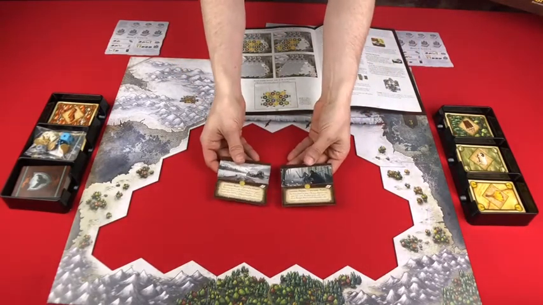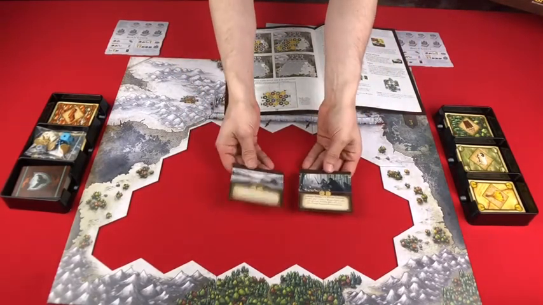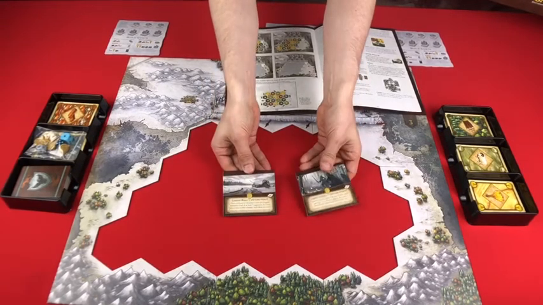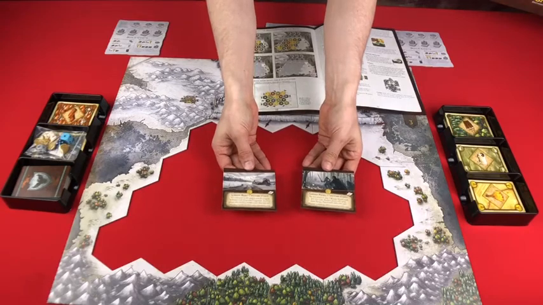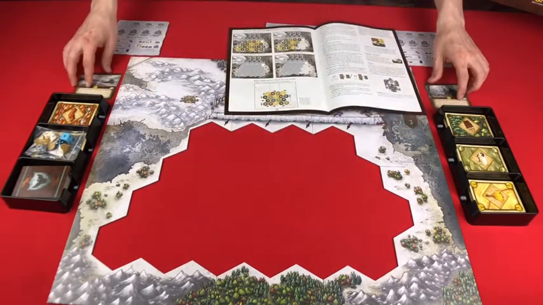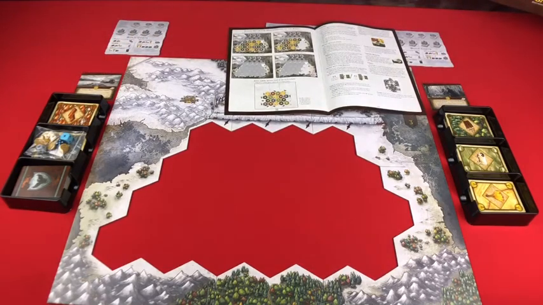Side note, on here we have the regular game. You get 2 points for having the longest road and 2 points for having the largest patrol. But in the Brotherhood of the Watch game, you're going to get 1 point for having each of those. So put those to the sides, and then we will get out